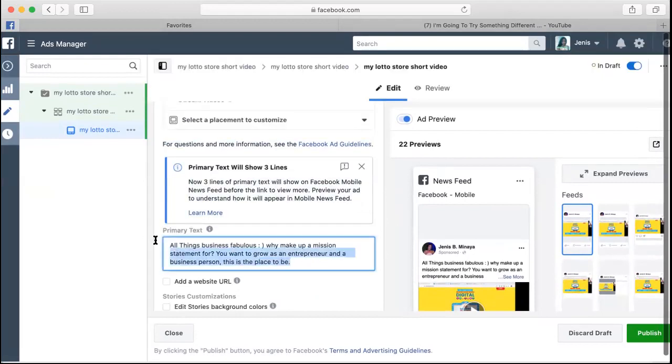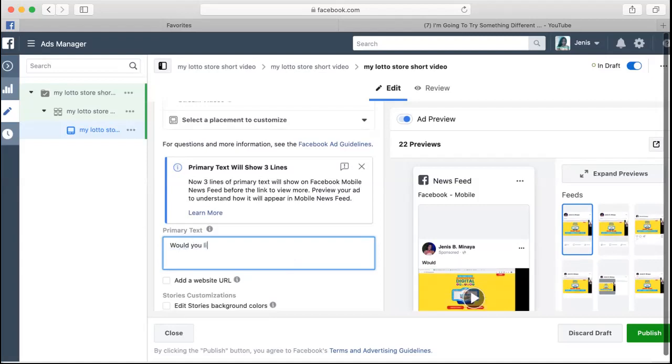All right, so your primary text is the text that I'm pretty sure everybody's going to see, right? Right under the company name or the business page name, then it's going to come the text. So this is where you're going to write your copy or your ad saying, would you like to be, or how would you like to be